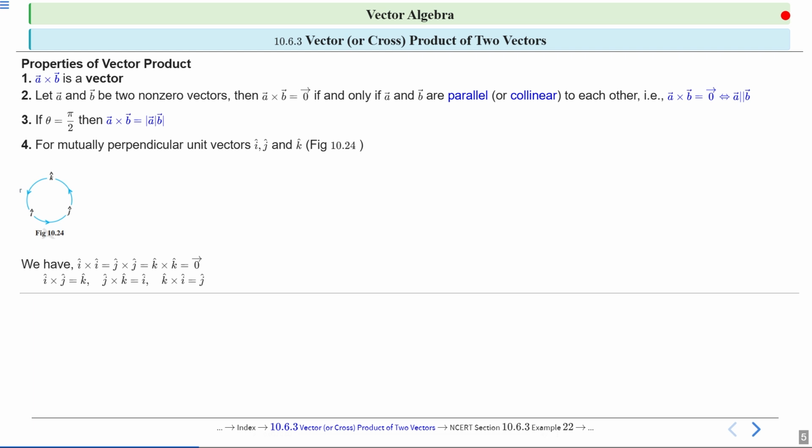Finally, let's see the cross product between different unit vectors. We have i cap cross j cap is equal to k cap, j cap cross k cap is equal to i cap, and k cap cross i cap is equal to j cap. These results show the cyclic nature of the cross product of unit vectors, and the direction follows the right hand rule, right? Remember, the order matters. Switching the order will change the sign of the result. This wraps up the key properties of the vector product.